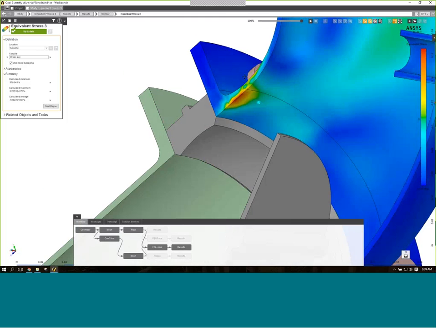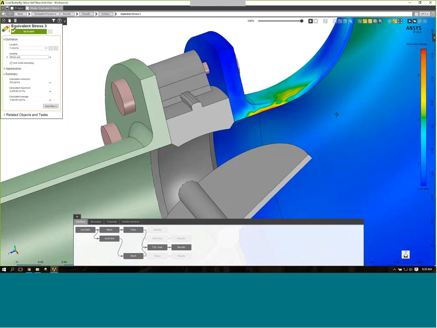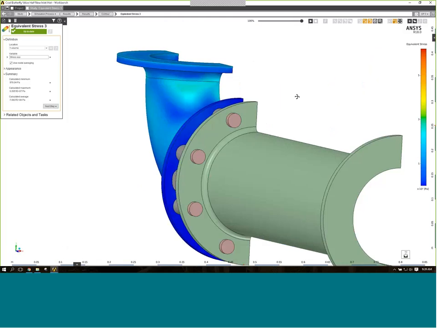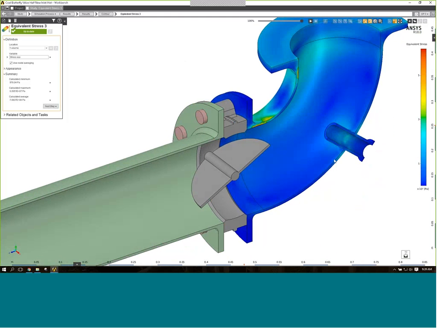So I hope you see the power of doing all of this in a single user interface with a very, very easy to use GUI and having access to all these different physics in one place and having all these physics talk to each other and share a common geometry module, share common mesh settings, share very common physics settings. So like was mentioned by John, AIM is so easy to learn and so easy to use